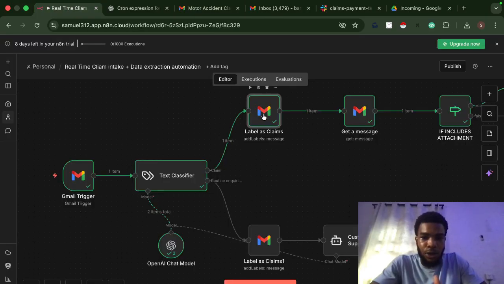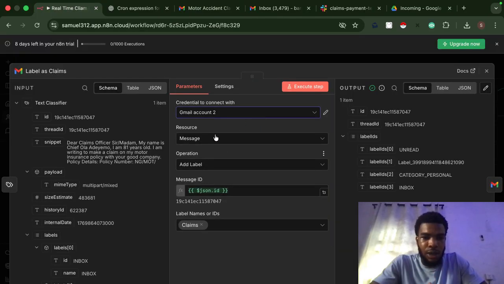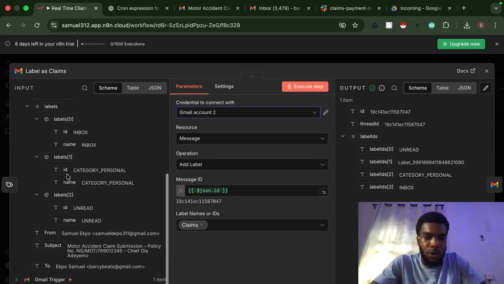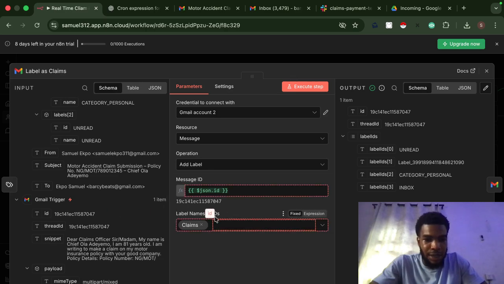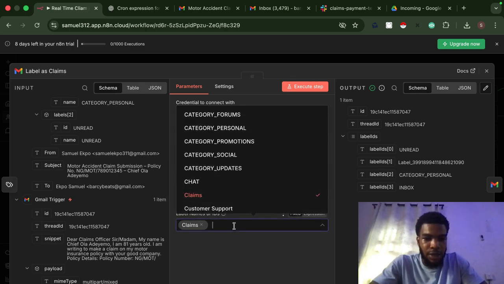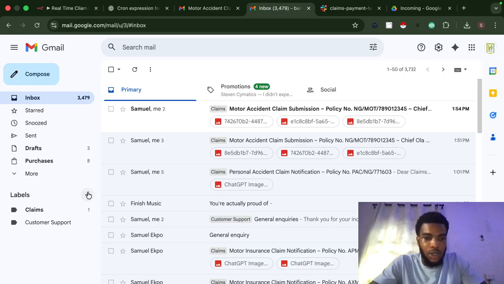So if you click on this node, after you add your credentials, your Gmail accounts, the message ID, you can map it from the text classifier node or from the Gmail trigger, just to show the exact message that we want to label, and just select the label as claims. Once you have already created the label in Gmail, you just add a label, and in real time it will